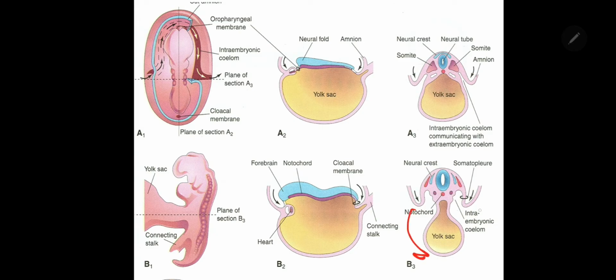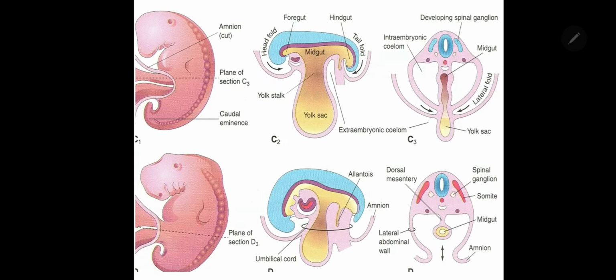You can see here they will go like this, and the yolk sac cavity is now inside the embryo, the cylindrical embryo, forming part of the GIT. It forms a GIT. You can see foregut, midgut and hindgut. This entire thing will be the primitive gut tube. This is the primitive gut tube.